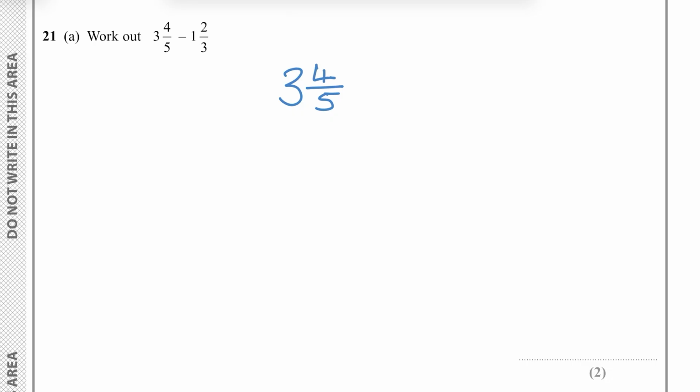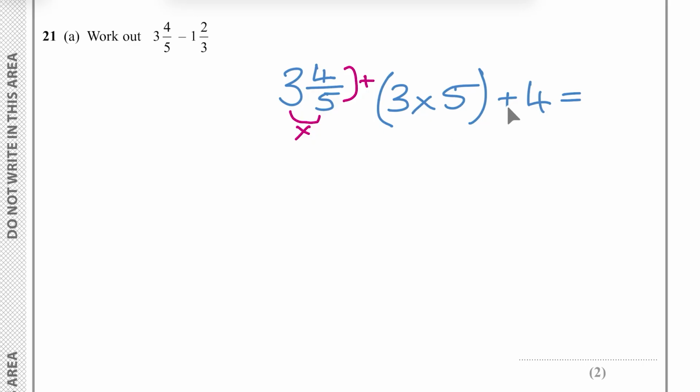The first step, we take the big number and we multiply it by the denominator, and then once we've got that result, we add the numerator. So with this situation, you've got 3 multiplied by 5 plus the 4. I always say pop multiplication in brackets, especially when there's addition or subtraction. So 3 multiplied by 5 is 15 plus the 4 is 19. That gives us a new fraction of 19, we're going to have the same denominator, that's not changed, over 5